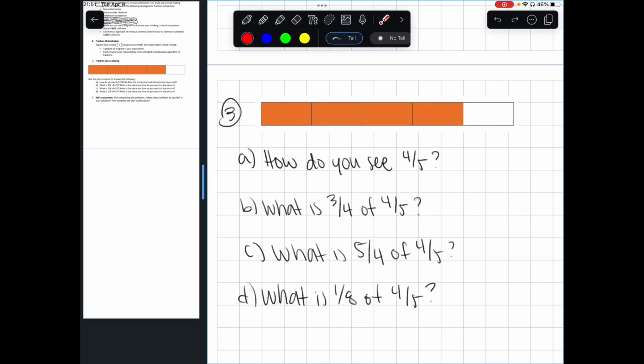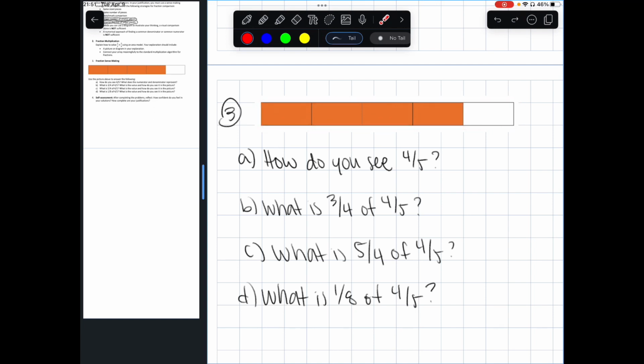But the thing is, only 1, 2, 3, 4 of them are filled in. So I see 4/5 in this by seeing 1, 2, 3, 4 pieces of our whole, which is 5,